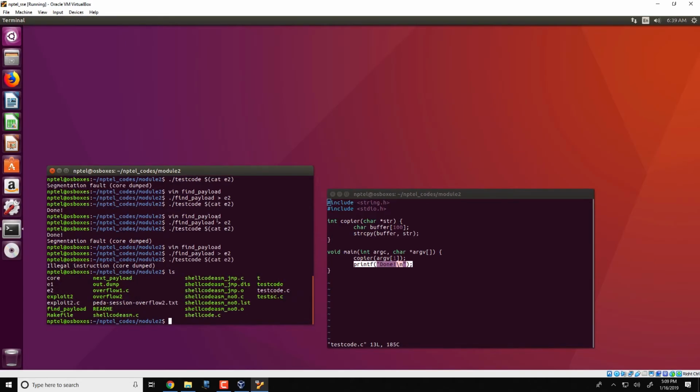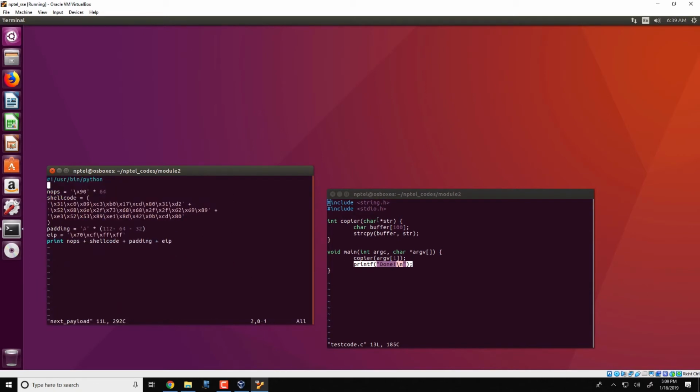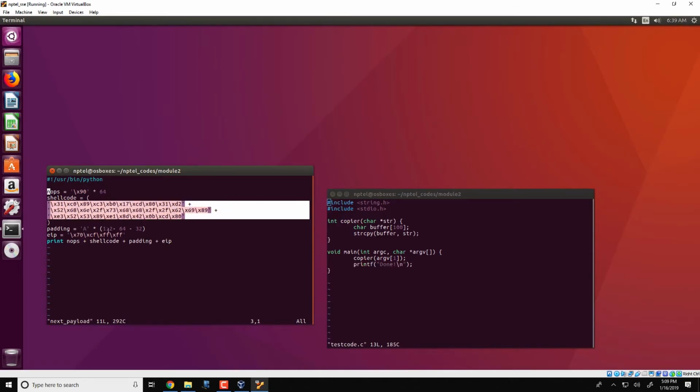So, the next thing we will actually look at is to force a specific payload to execute. So, we would look at this particular file called next_payload, which looks something like this. It comprises 4 parts. One is no ops, then you have the shell code, then you have some padding, and finally you have an